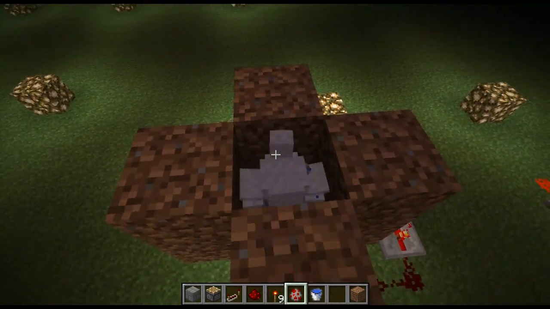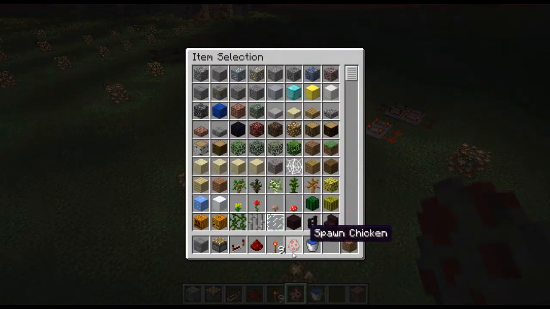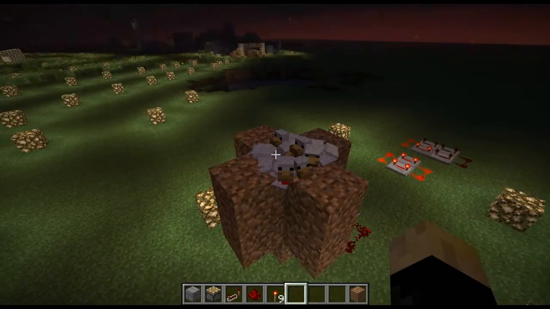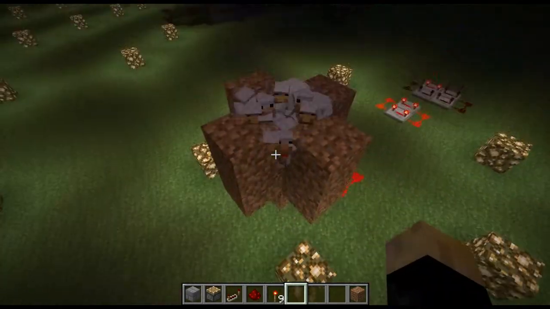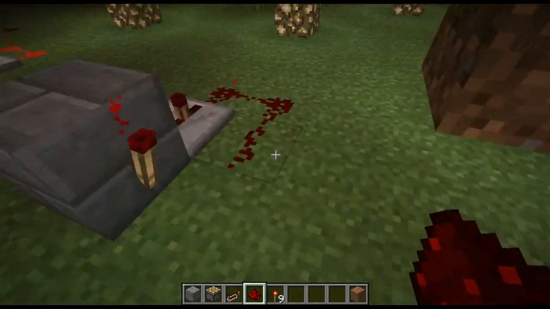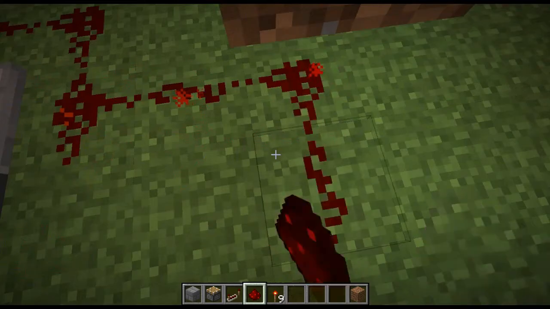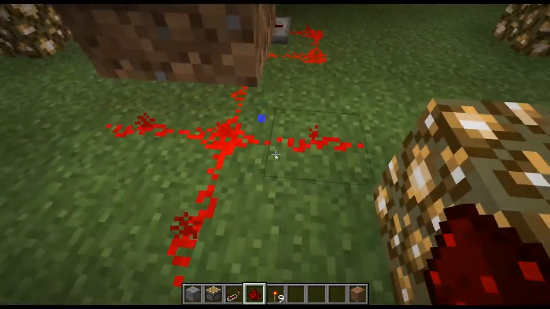See if you can toss a whole crap load of chickens in there. It'd be a little weirder on SMP because they'd all be teaming out of here. No problem though. And then that makes a lot of noise because the chickens are splashing in the water, plus chickens make a lot of noise. And then